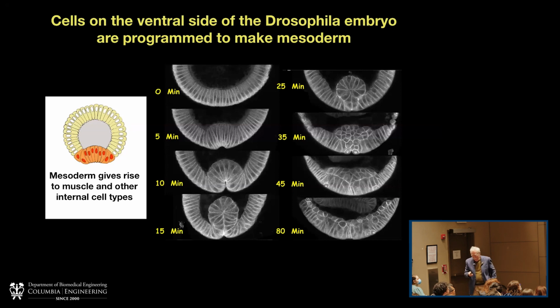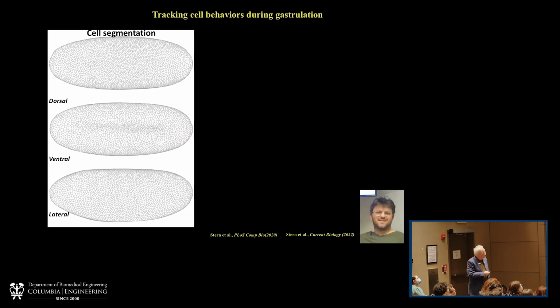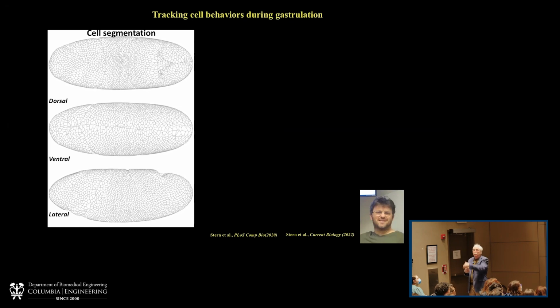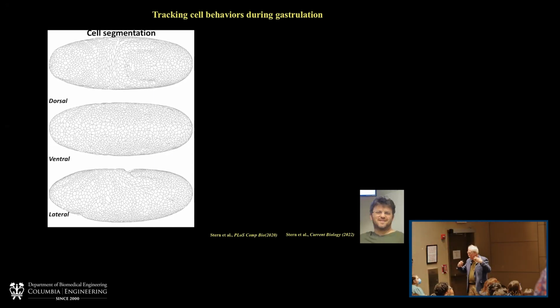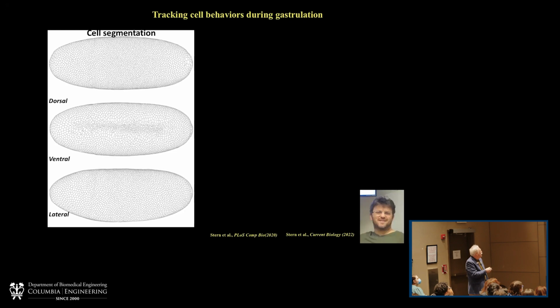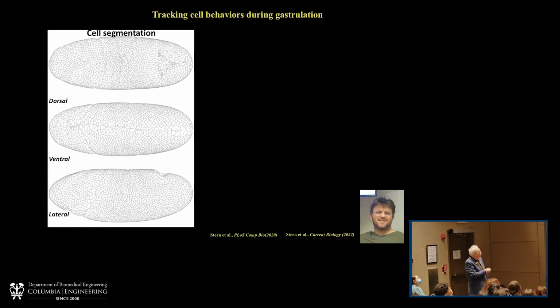Now, more recently, obviously, to understand things, you have to be able to see them. You have to be able to look at them. You want to be able to record behaviors. And what we've begun doing in the lab is making use of three-dimensional light sheet microscopy and complex computer reconstructions to be able to track the behaviors of individual cells. And you can see them better.